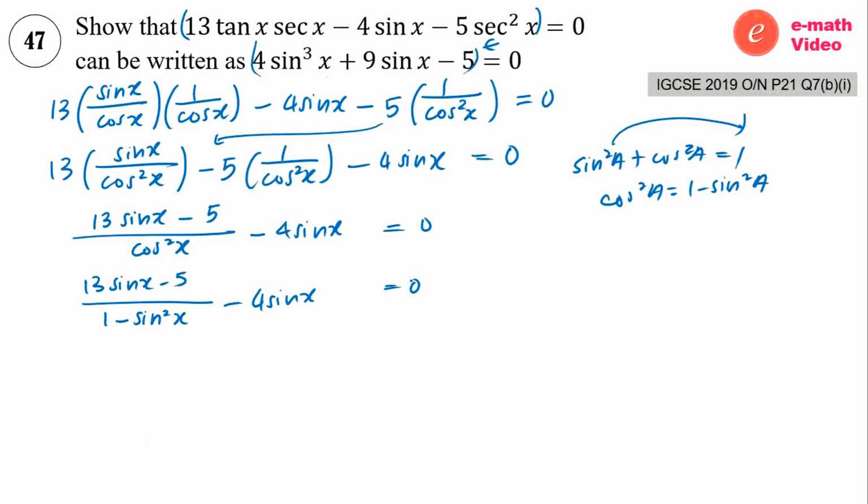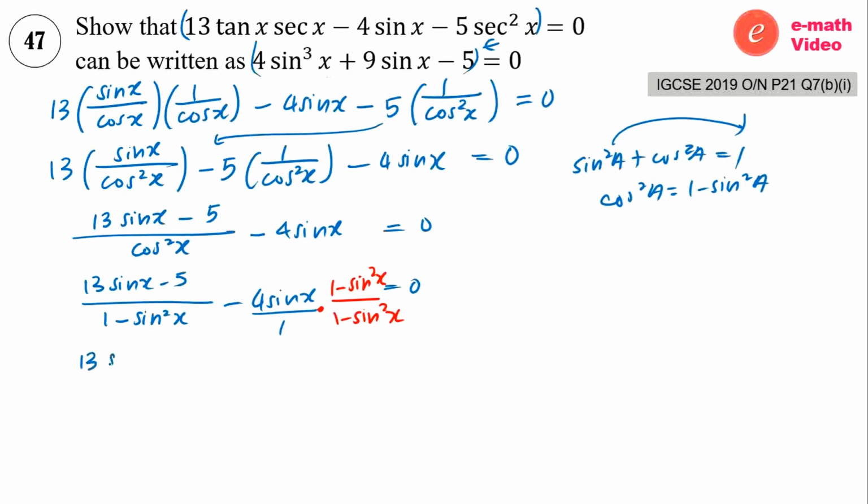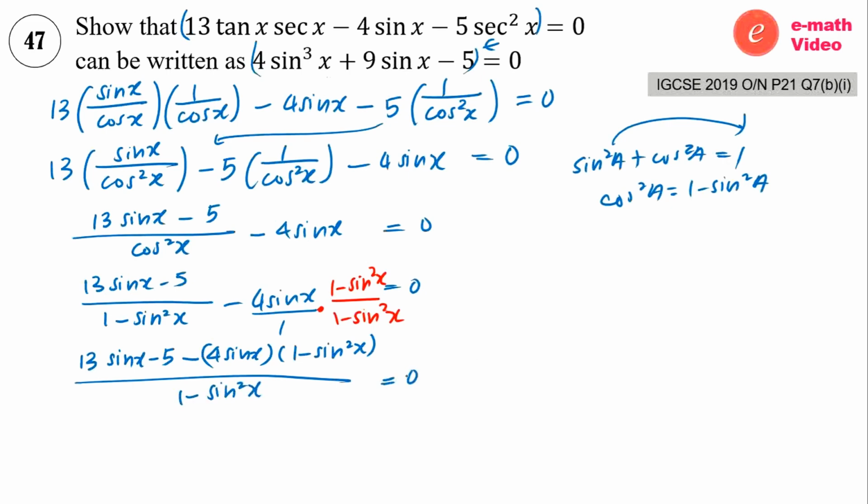Then combine the fraction. How should we do that? This one is actually equal to 4 sine x over 1. So in order to combine the fraction, we'll multiply it by 1 minus sine square x over 1 minus sine square x, so that we have a common denominator and we can combine the fraction. 13 sine x minus 5 minus 4 sine x times 1 minus sine square x, over 1 minus sine square x